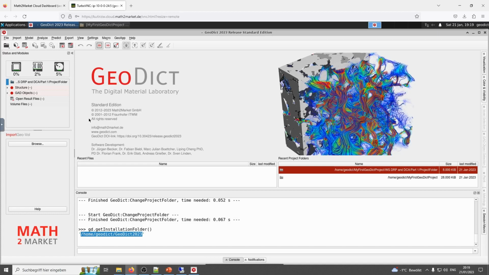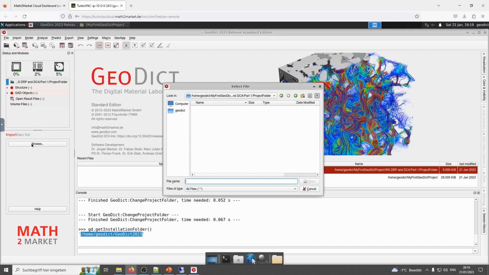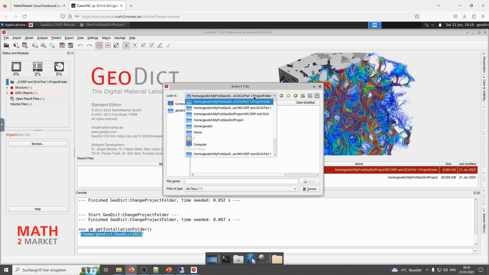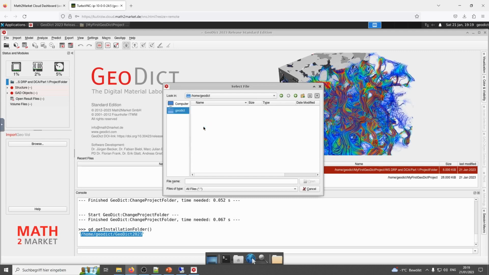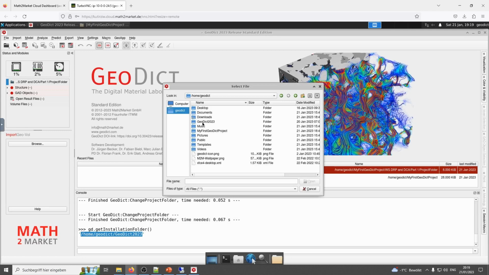In the Import GeoVol menu, please browse the dataset. Click Browse. Here on the top, you can paste the corresponding folder or find the way manually. Home, GeoDict, GeoDict 2023, and look for the gray value dataset.